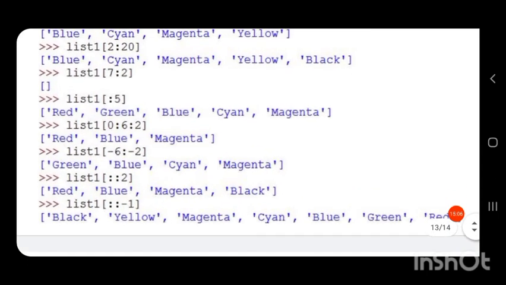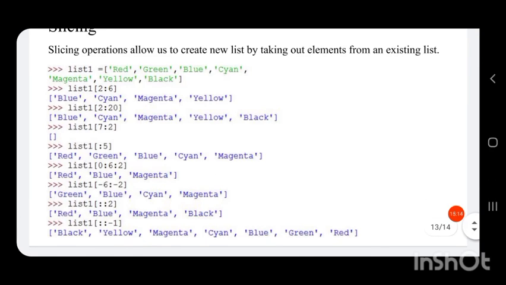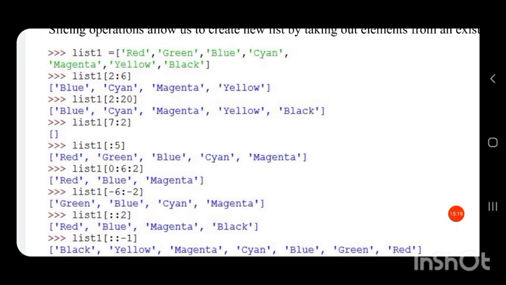So we have a list whose starting value is minus 6. So we have to count and check which element represents minus 6. We know black is minus 1, yellow is minus 2, magenta is minus 3, cyan is minus 4, blue is minus 5, green is minus 6.